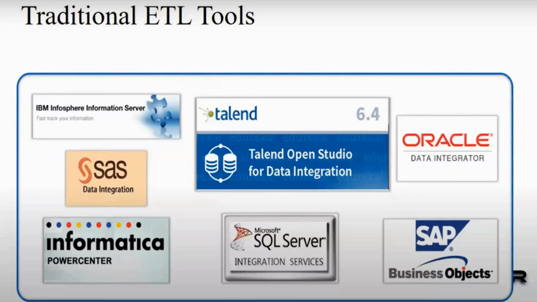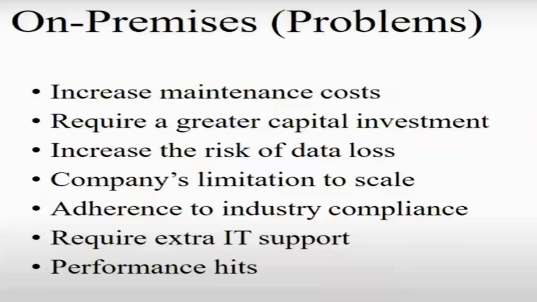infrastructure of choice. Okay. Since we have all these limitations, maintenance cost, and I need to spend upfront, correct, right? If I want to maintain a big data environment, I need to buy the infrastructure upfront. There is a high risk of data loss. So companies will have some challenges and limitations, and compliance is one of the biggest challenges. If you go to banks and all, data maintenance is very, very challenging. Data governance is also a very big challenge. So I need to have proper security systems also, and need extra IT support as well.